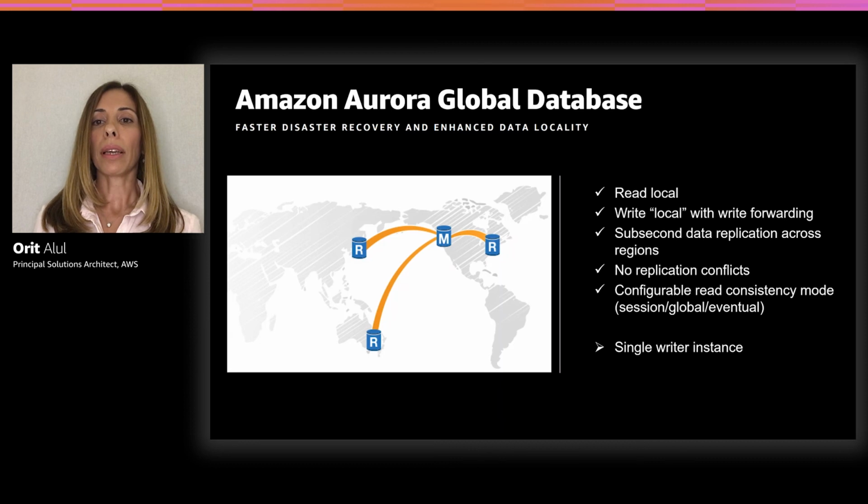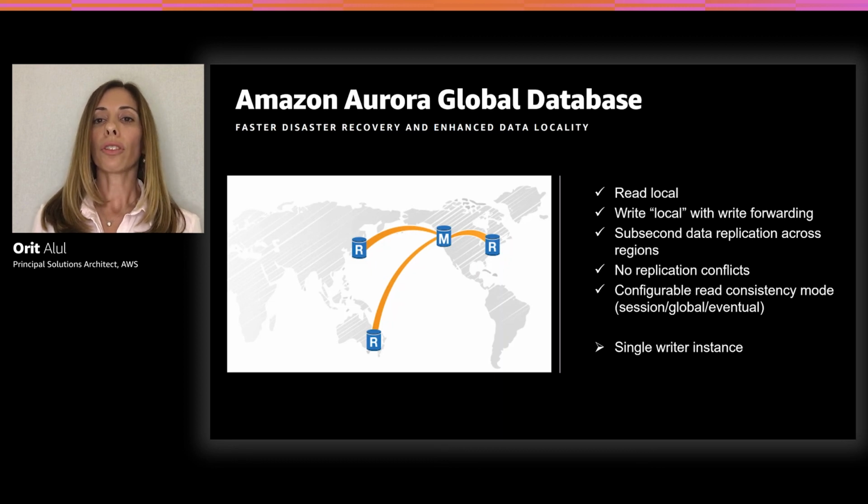This means that an application can have local reads, but writes should be issued to the primary database in the primary AWS region. But we would like to keep things simple, right? So, with the read replica write forwarding feature, the application can submit the writes to the local read-only cluster. This can simplify the application deployment. The application won't have to create and maintain a connection to the primary database instance in the primary region. The application won't have to separate between reads and writes.